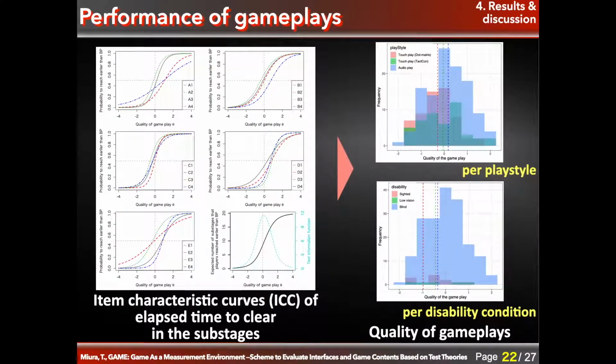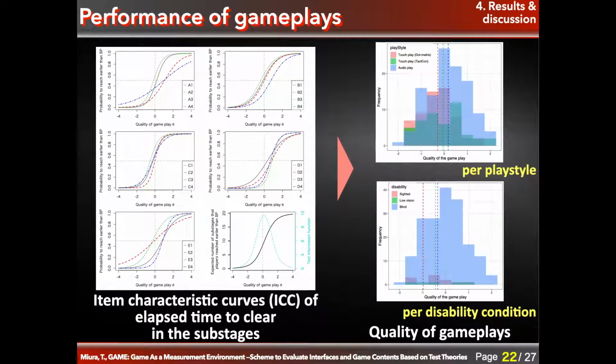Results. Based on the ICCs of elapsed time in the substages, we could estimate quality of gameplays per playstyles or disability conditions. As shown in the upper right figure, players who employed audio play could generally clear the substages speedily. There was a significant difference in the quality of gameplay between audio play and touch play with a dot matrix display, and no significant differences were observed between audio play and touch play with tactile game controller.